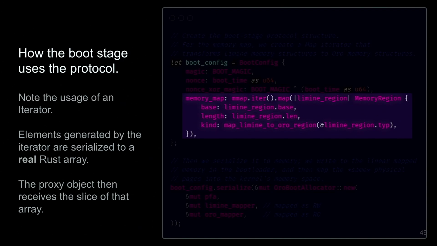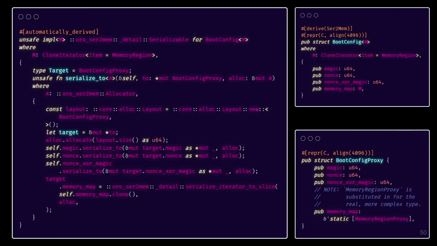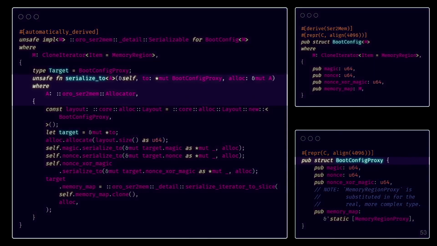That's very simple. The benefit of this is that we don't have to allocate anything on the heap. We don't have to pre-transform this and store it in memory somewhere and then hand it to the kernel. We can do it on the fly, and the serializer will handle serializing it on the fly as well. So we hand that an iterator, and then this is what gets generated from Certimem. So this is the generated serialization method. And this is a lot, so we'll kind of go through it really quick.